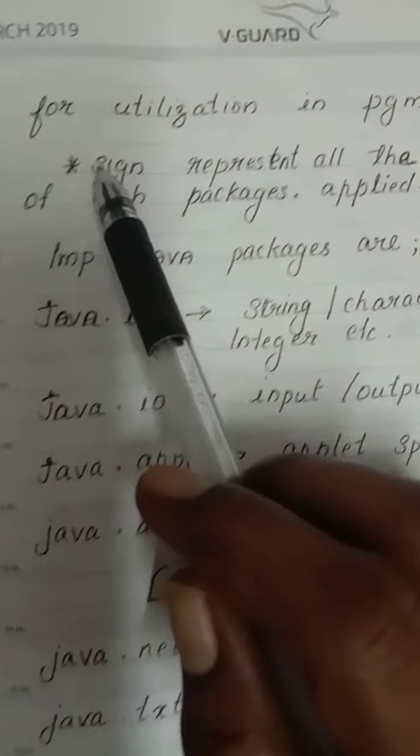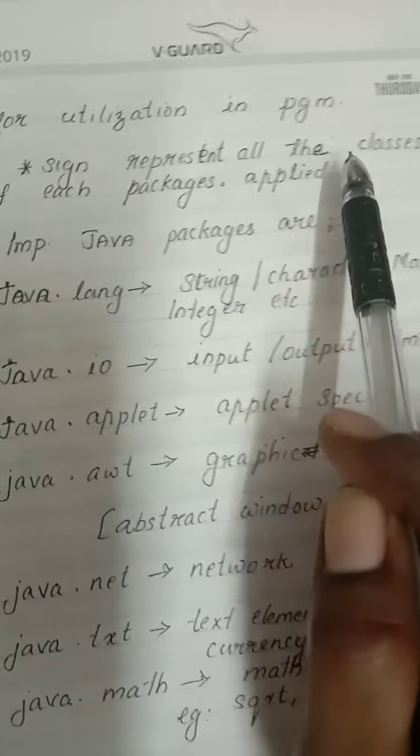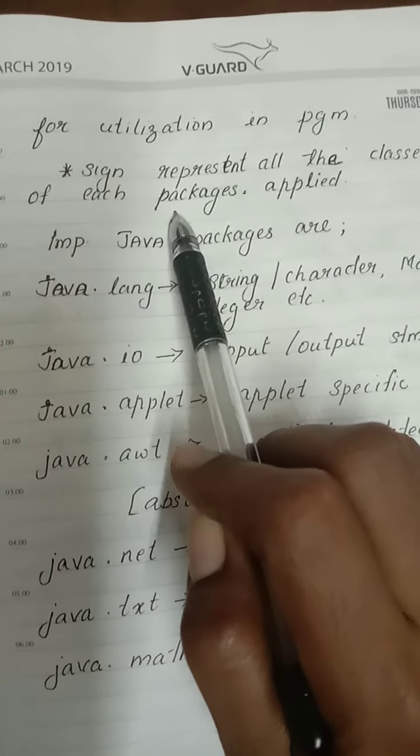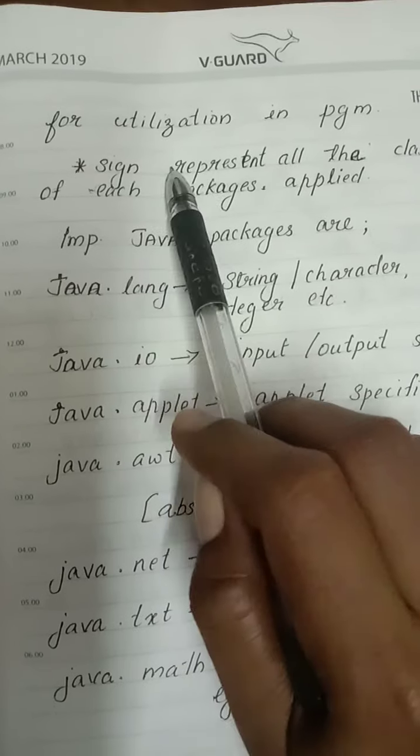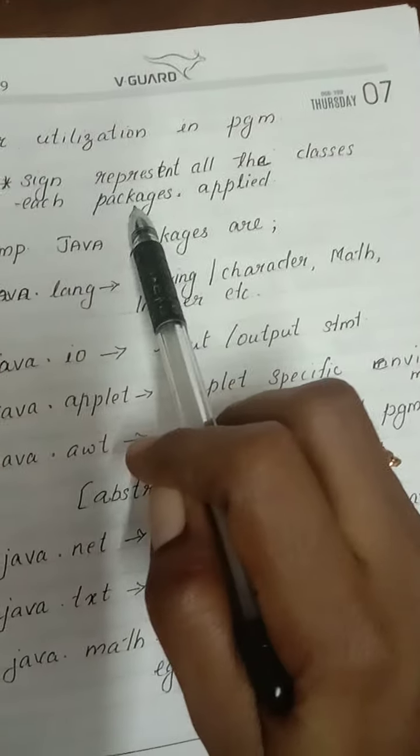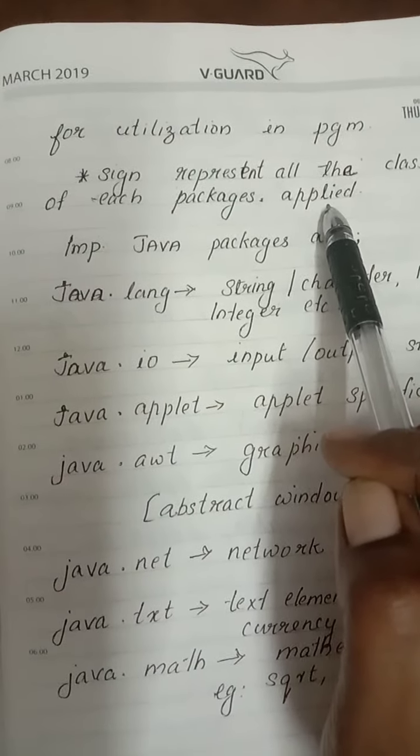The star sign represents all the classes of each package.